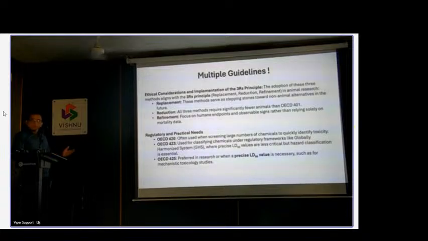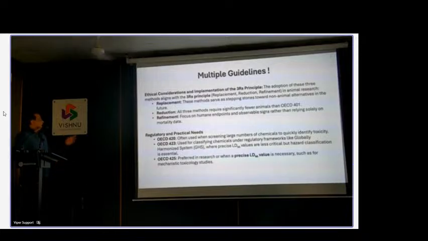So wherever possible, you have to reduce use of the animals. As I said, I'm stressing again, we are sacrificing a life for our research. So be responsible for that. Generate data that is useful, not just a piece of paper for your thesis that satisfies your requirement to get your degree. You had to do this research anyway, but do it with responsibility. That way you generate data that is valid and useful, and it can take it to the next level.